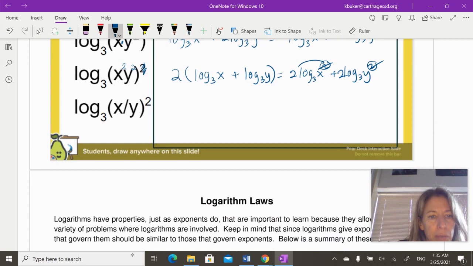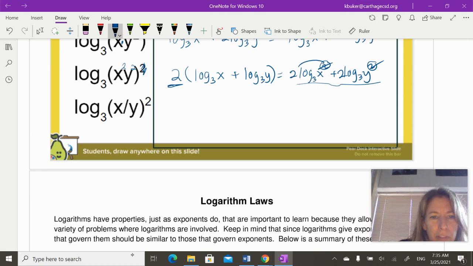All right, same thing here, log base 3 of x divided by y squared. As long as you apply the exponent to both pieces, you can either put the 2 out front like I did here, or you can distribute the 2 to both pieces and do it like I did here. All right, so for this one,